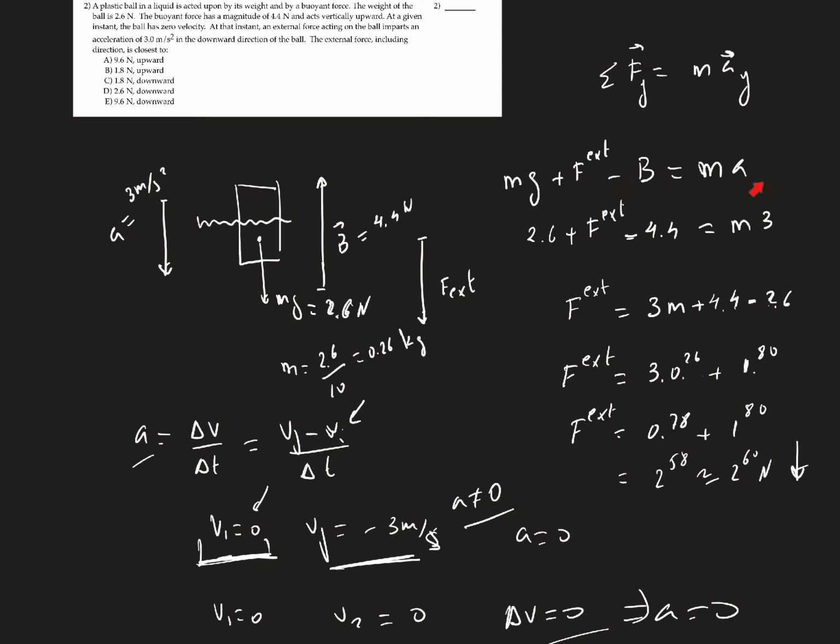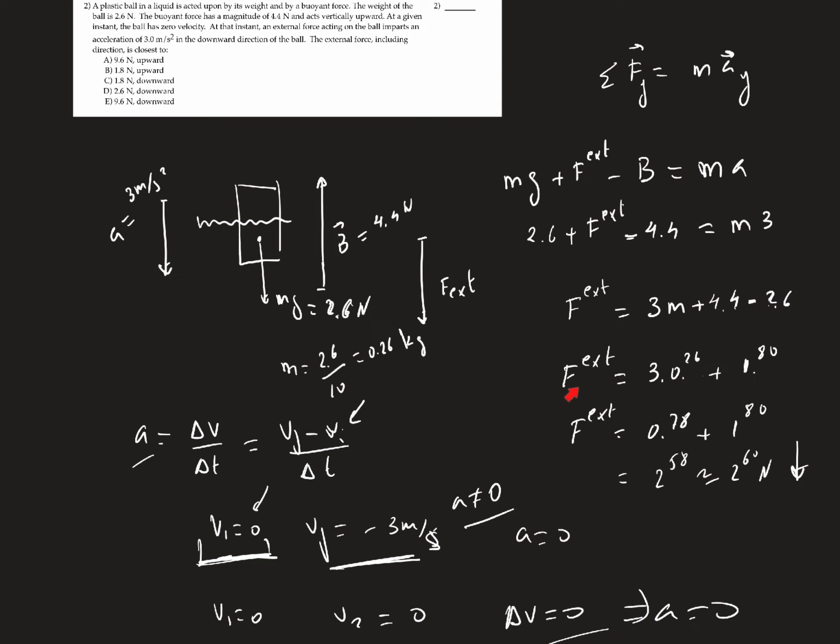mass times the acceleration. mg is 2.6. F external is an unknown. I don't know what is the external force that produced acceleration 3 at the end when I sum. This is what I want to find, the external force. B is minus 4.4. So 2.6 minus 4.4, well, the external force will be 3m plus 4.4 minus